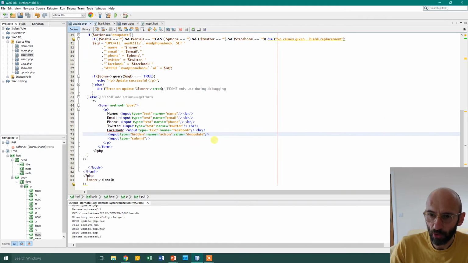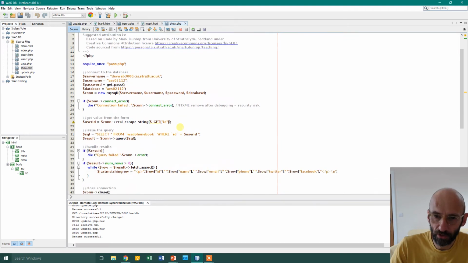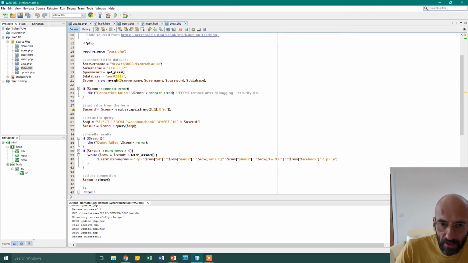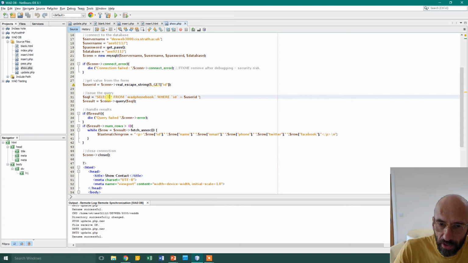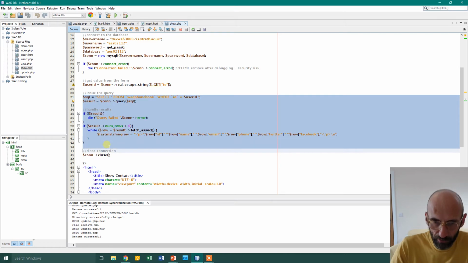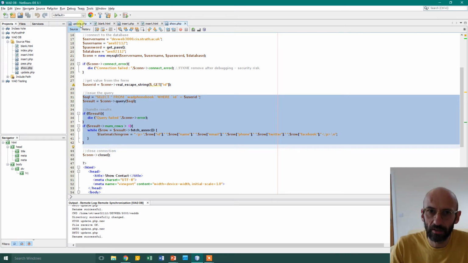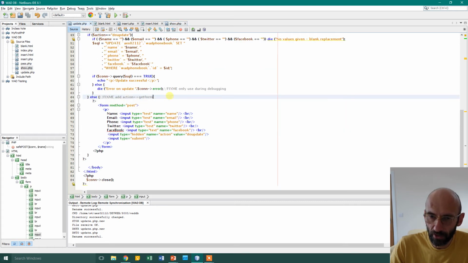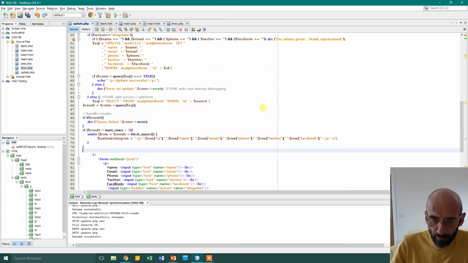But we've got a blank form, and we don't want a blank form. We want the form populated from the database. So we should do some database lookup. It's actually quite like what we did for show. So if we go back to our code for show, we connect to the database, all done. Then we ran that query and we did that with the output. So let's copy that, go back to update, put it in the PHP just before the form,